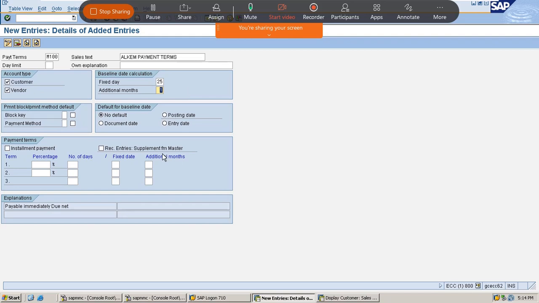Okay, sir. And here I'm explaining to you about the cash discount. A cash discount is a discount which we offer to the customer if the customers make the payment before the due date. Okay, where is this cash discount you mentioned on the screen? Cash discounts we will give to the customer. Here we won't mention the cash discounts, but here we will have some controls related to that. So I will explain those controls now.